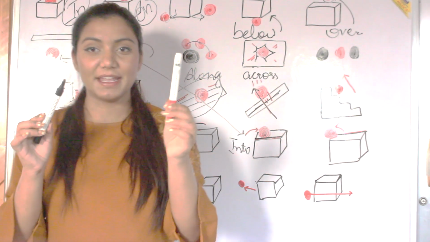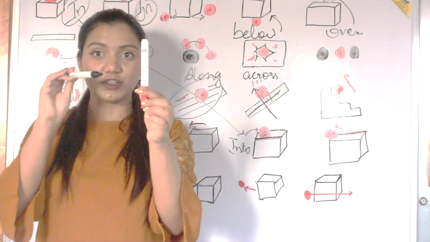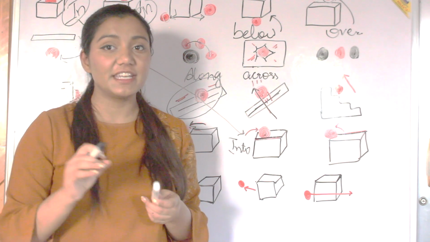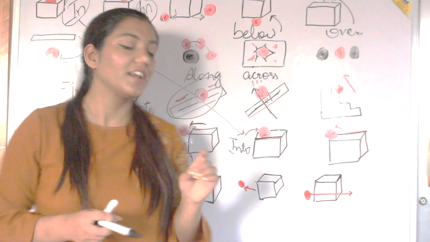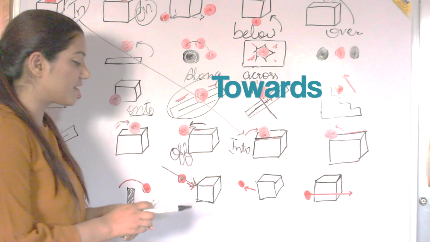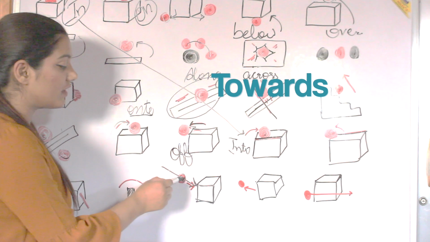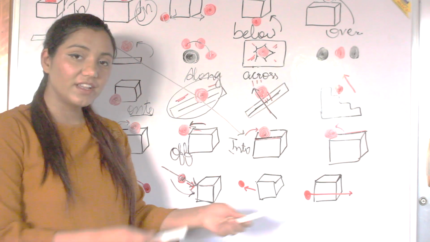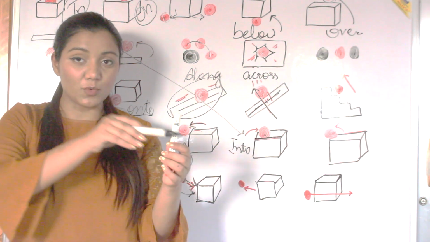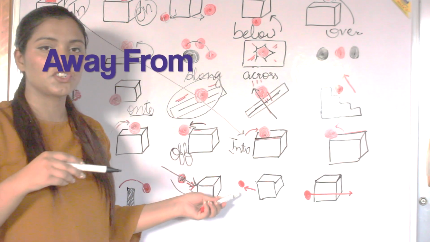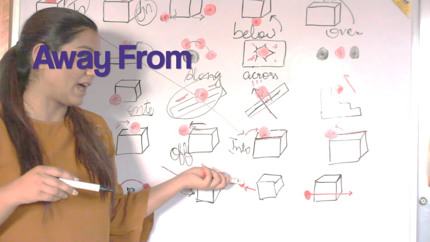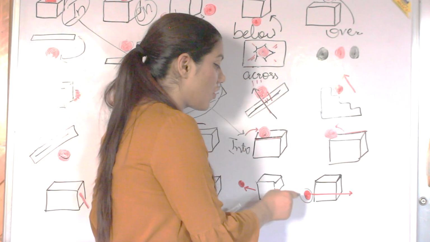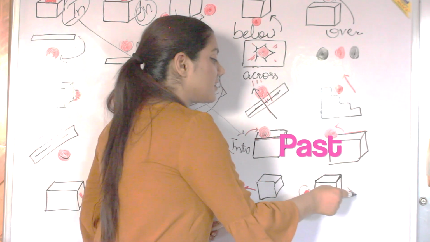If this black pen is moving in the direction of this red pen, it's moving towards the red pen, then pay heed to what I am saying, towards. So this will be called towards. The red ball is moving towards the black box. And if it's moving away, then the movement preposition will be away from the black box. And the last one for today's lecture is this red ball that moved past the black box.